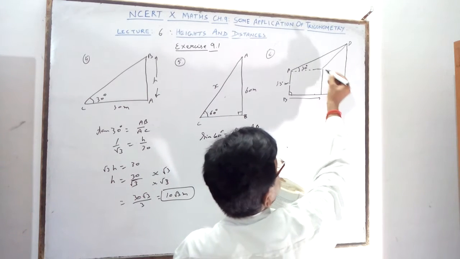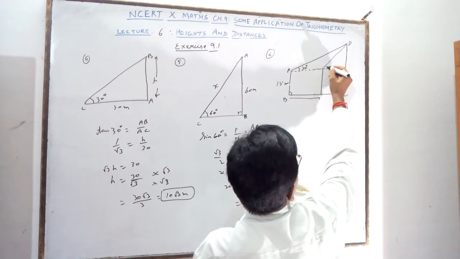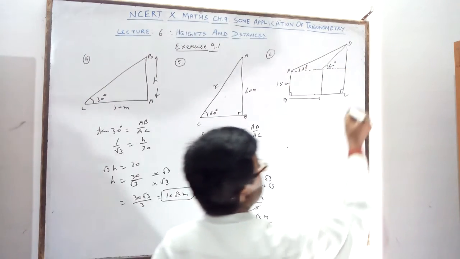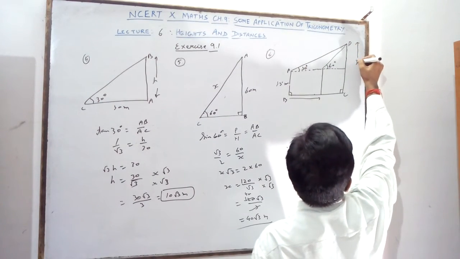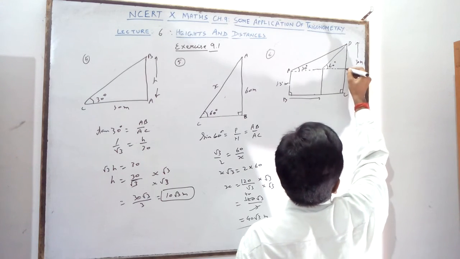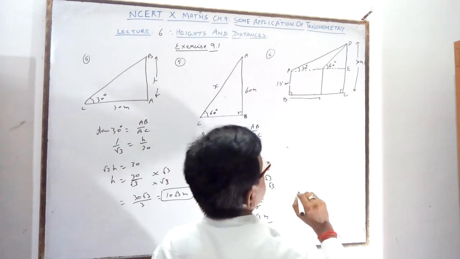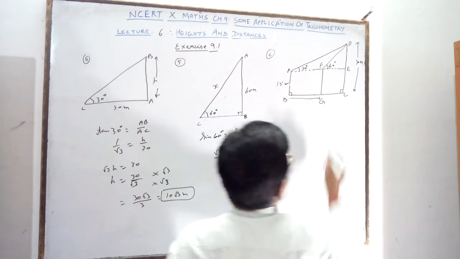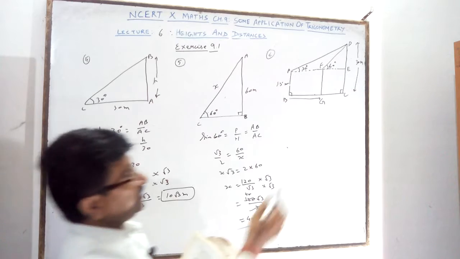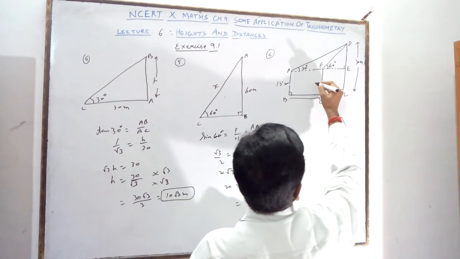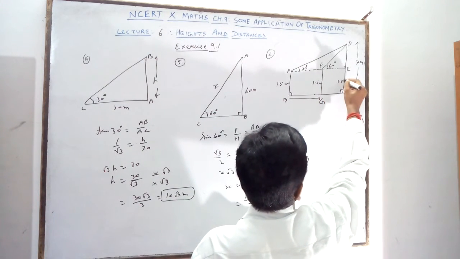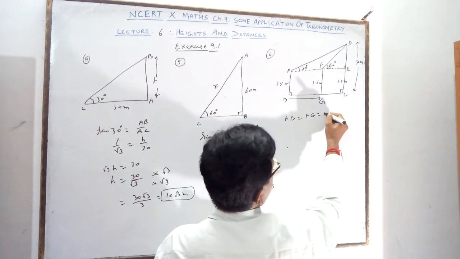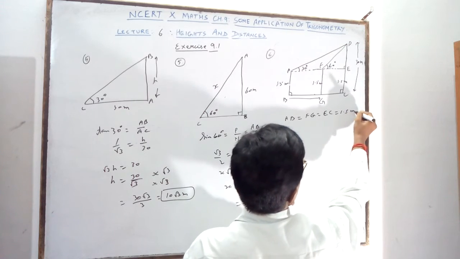Again there is a problem. Where is 60? Again you draw a line like this, and here it is 60 degrees. Earlier it was 30 degrees, now it is 60 degrees, and the total height is given as 30 meters. Here we have the points A, B, C, D, E, F and G. Now the bottom is a rectangle, so it is also 1.5 meters. AB is equal to FG is equal to EC is equal to 1.5 meters.